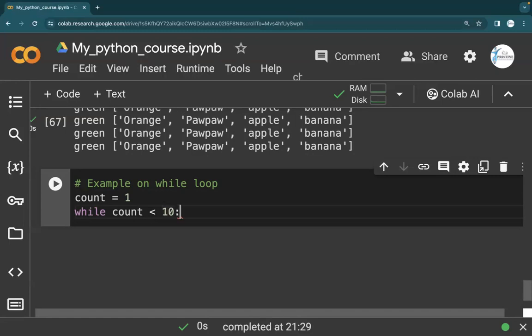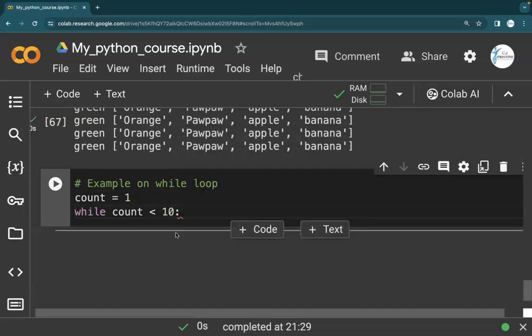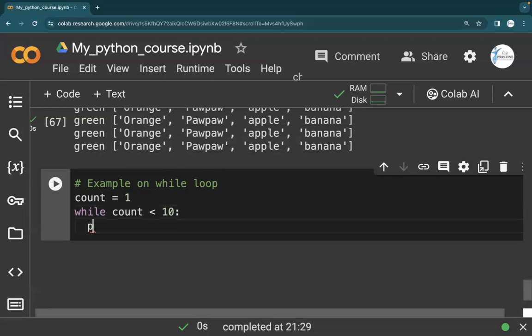Once your count is less than 10, you want it to continue to print something. So you say while your count is less than 10, what you need to do, you want it to print the what? Print the count